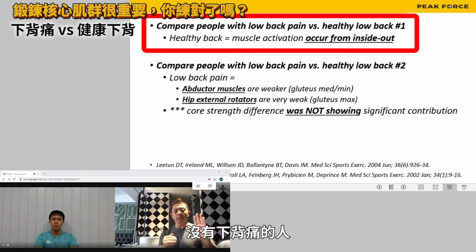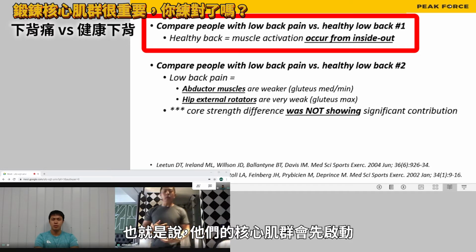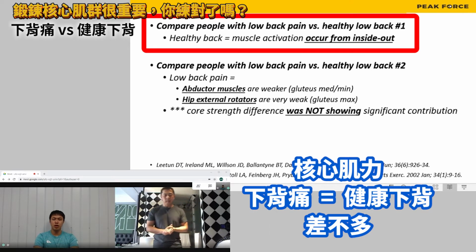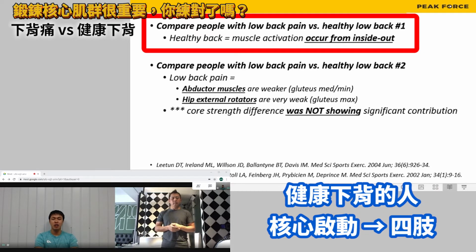People with a healthy back have a very good activation from inside out, meaning you have a very good core activation first to be able to move the arm or the leg. 这个研究指出，健康的人跟有下背痛的人的核心肌力差不多，差别在肌肉招募的顺序。健康背部的人会从里到外来诱发，也就是从近端到远端到四肢发力。